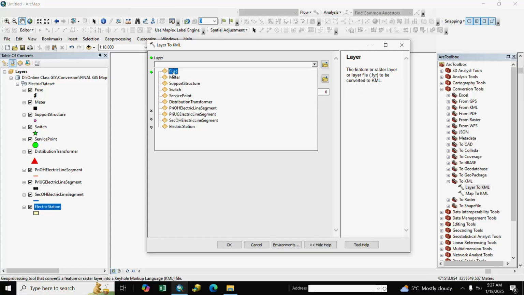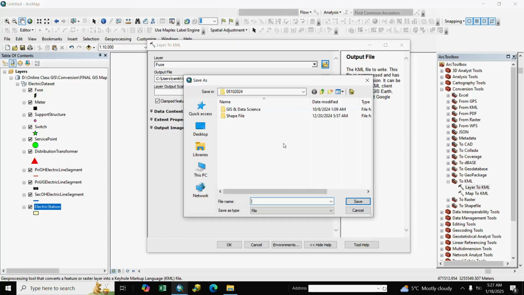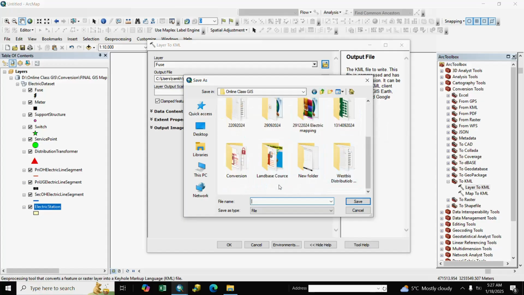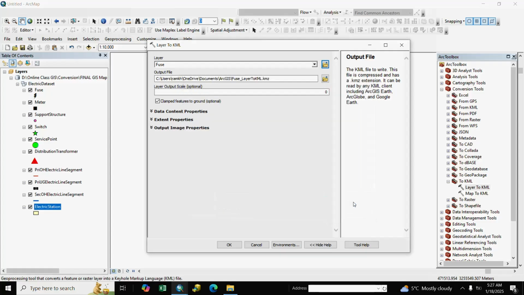First we convert fuse: select fuse and give a path here. We write fuse and save and OK.